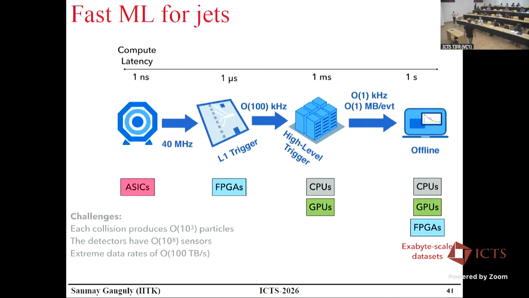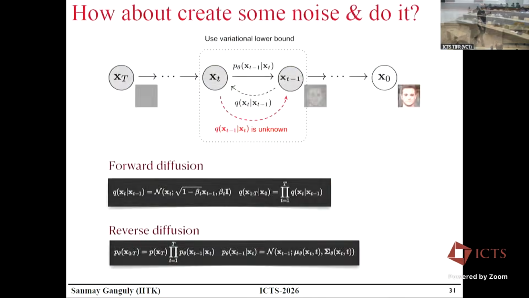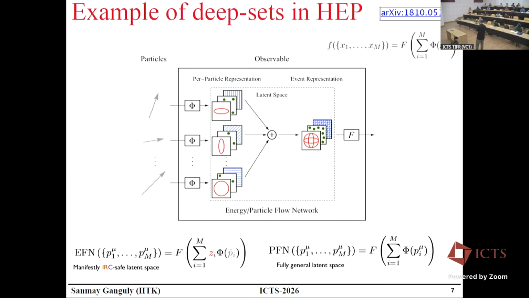Dibyendu has a question. A basic question. On your slide 7, let me go back. It's a long journey back. You have multiplied by some z in the function f, and you claim that this is IR safe. How can I see that from multiplying z? If you add another soft particle, which has vanishingly small z compared to the m number of present particles, that doesn't change the output much.